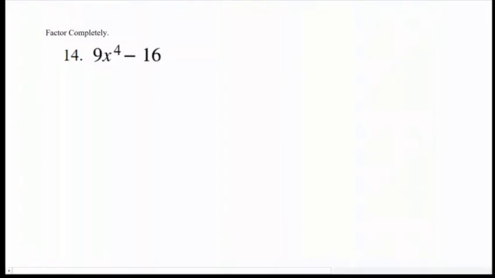Here we're asked to factor completely. Now, when we go through this, there's lots of options on what we can use. The thing that I always like to start with is to check for any greatest common factor, GCF. Then I look at how many terms there are and figure out where to go from there. When I look at this first one, it doesn't look like 9 or 16 have any common